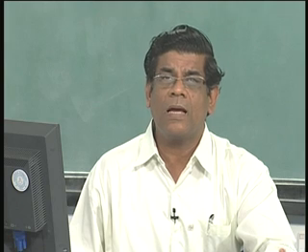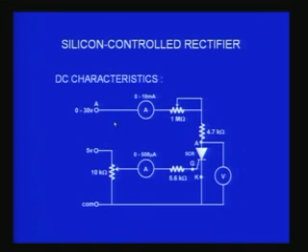How to obtain the characteristics? You can see I have got a circuit here. I am now going to show you with a low voltage power supply, so that you can reasonably understand. Even though you can put 100, 200 volts here, I am now going to use a 30 volts power supply which I have been showing to you all the time, and I have a current meter. Because the voltage is small, the current is going to be small, in milliamperes. So I put a 0 to 10 milliampere current meter, and I have put a 1 megohm potentiometer, which I will keep at 0. That means this resistance is not included initially, and I have put some safety resistance, 4.7 kilo ohms here,